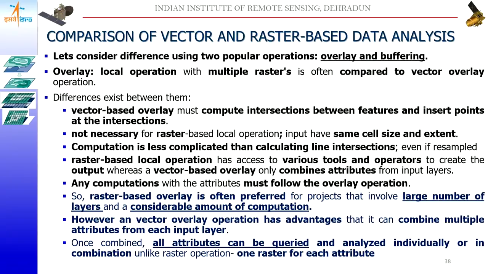Whereas in raster we can do other kinds of operations, calculations side by side if you are doing raster local operations. But in the case of a vector overlay, it gives an output attribute, and then a subsequent operation, if you want to combine them, sum them, the area and so on and so forth, has to be done after the operation is over.